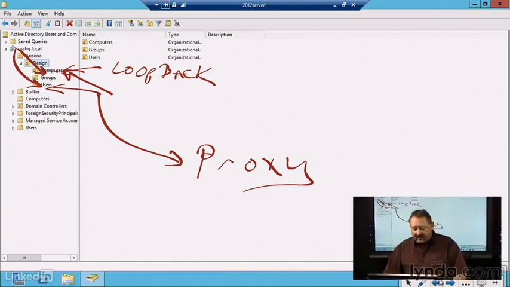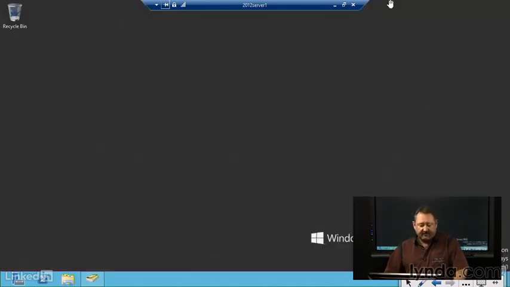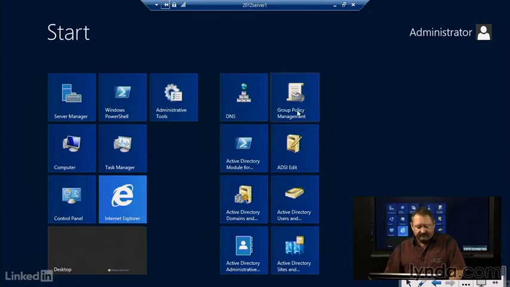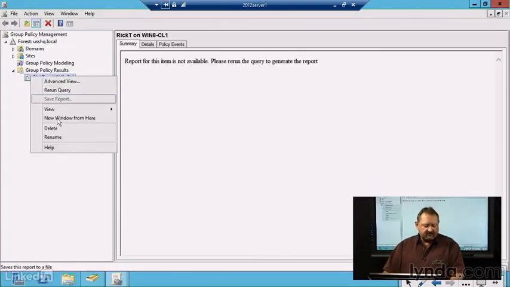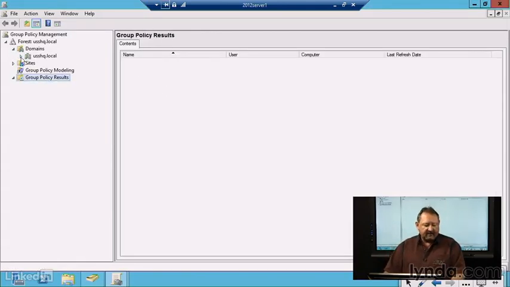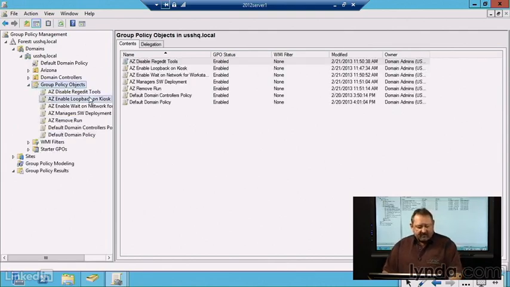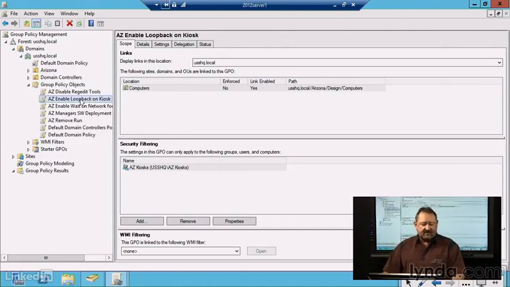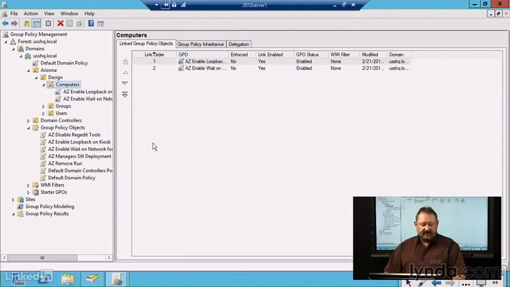So let's take a real quick look at, in a group policy object, where that loopback processing is set. So if I come into my Active Directory environment, my group policy environment, and I'll go ahead and delete this for now. If I come into my domain, expand my domain, I come down into group policy objects. I actually have a group policy object here called Enable Loopback Processing on Kiosk Computers, and it's currently linked to the design computers container. If I come in here and I look at this policy,